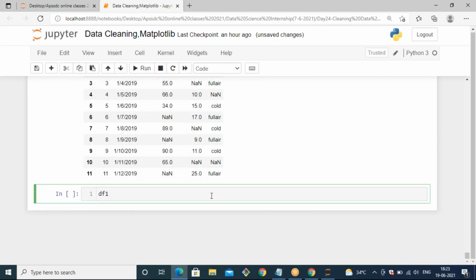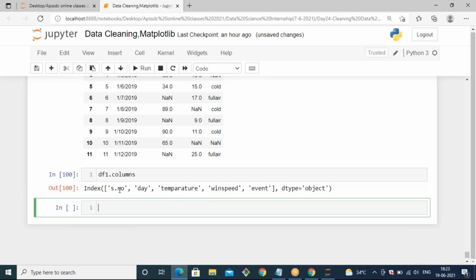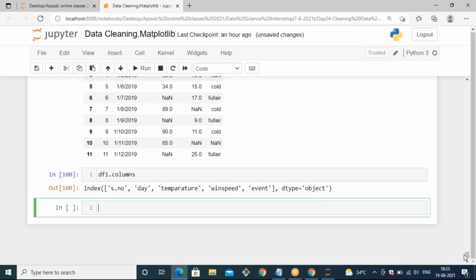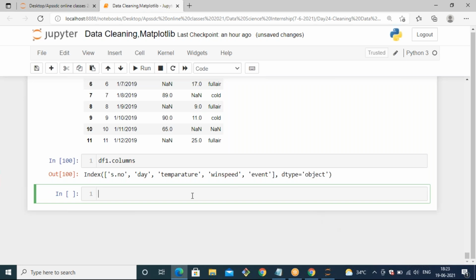If you want to get the columns from any dataset, you can use the columns method, right? We already discussed it. It will give you the entire columns from the given dataset. By using pandas also, we are going to plot some kinds of plots. Now let's see how to plot. For plotting, we can mention the data frame dot plot.